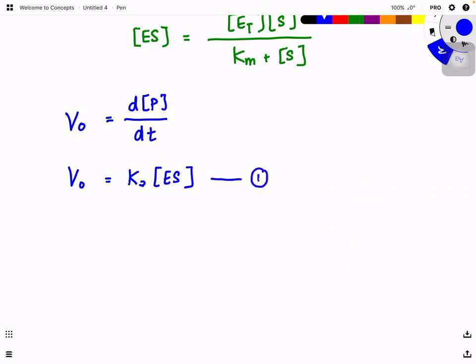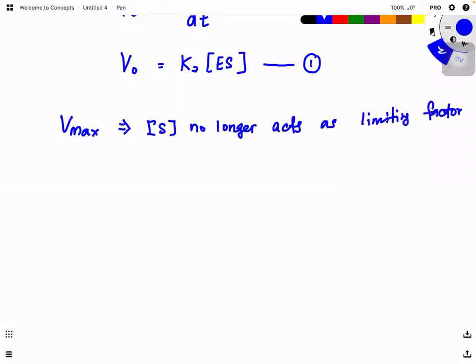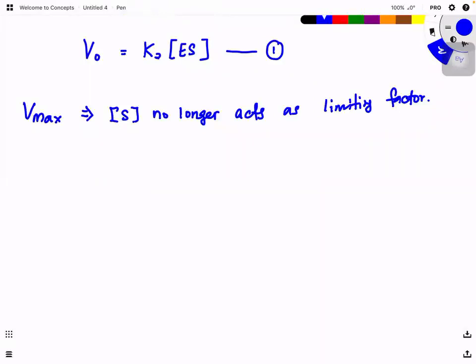Okay. Now, second thing, we do know that when Vmax takes place, substrate concentration no longer acts as a limiting factor. Okay, Vmax happens when substrate concentration no longer acts as a limiting factor. So what does this mean? It means that we have a lot of substrate compared to my enzyme. Right? When Vmax takes place, it basically means that my substrate concentration is so high that my enzyme works